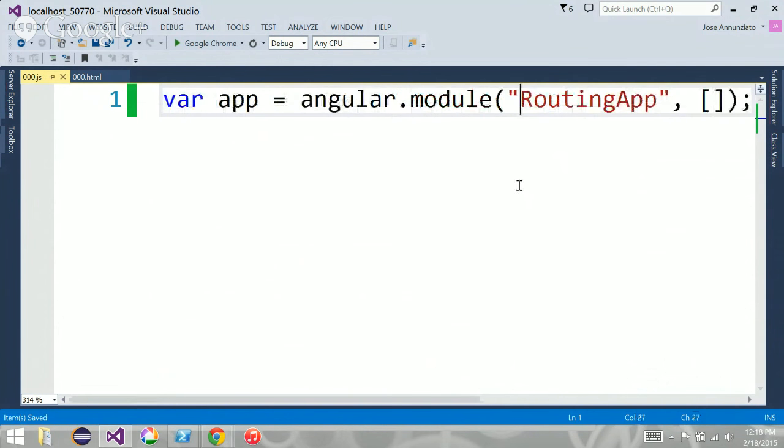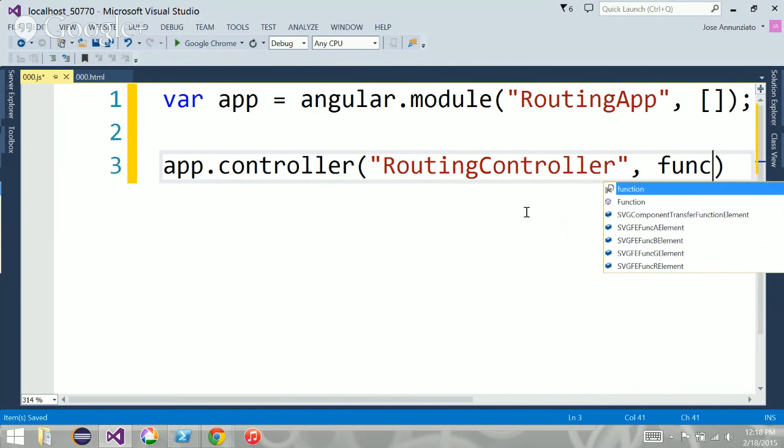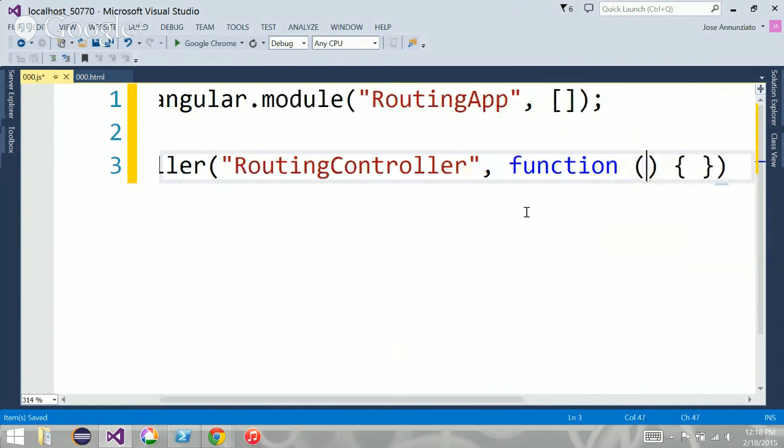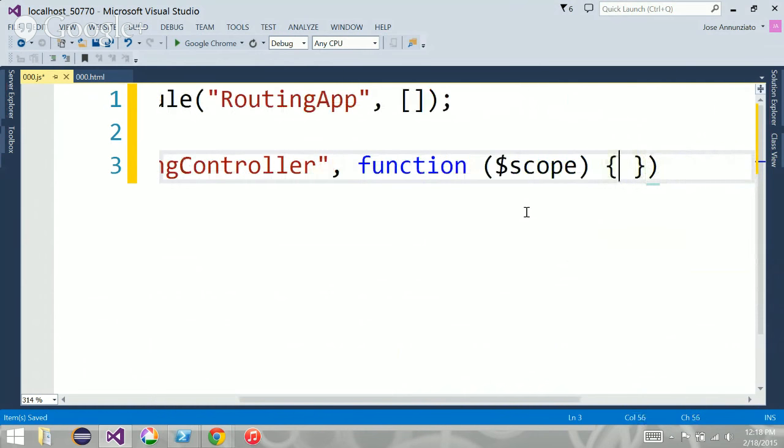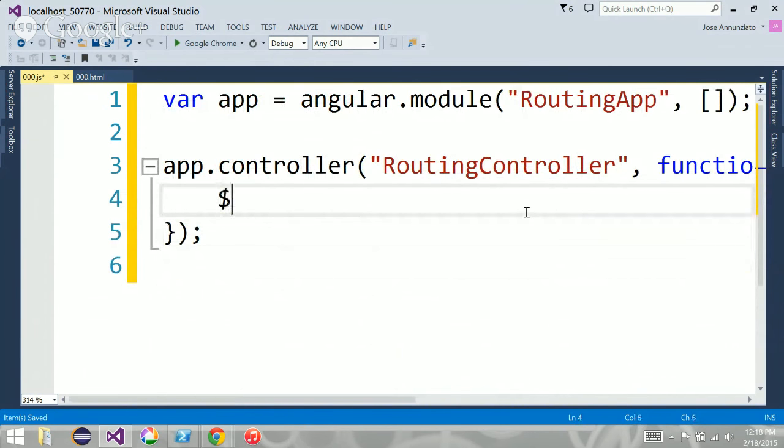But for now, let's just make it really, really simple. Let's just make sure that the controller is working, right? The absolute minimum Angular application. Let's have app.controller, and we call it what? Routing controller. Is that what I called it? In the function, right? And for my controller to talk to the UI is through the scope variable, right? And with the scope variable, we can send data to the client, to the front end, so we say scope.hello is equal to hello from routing controller.